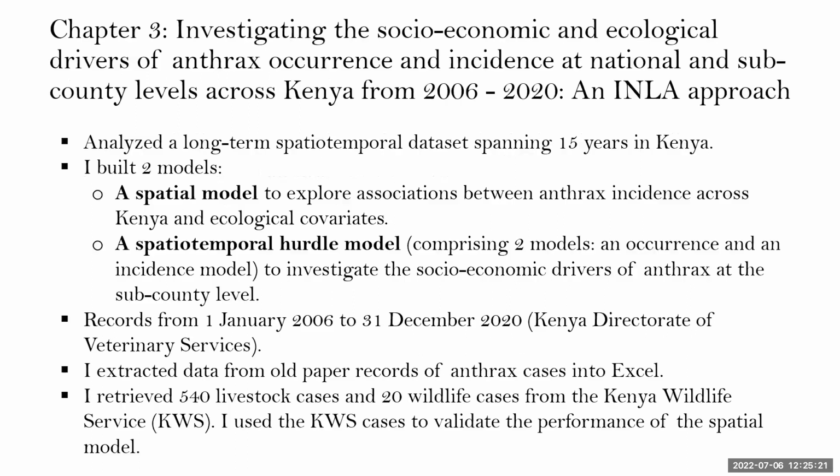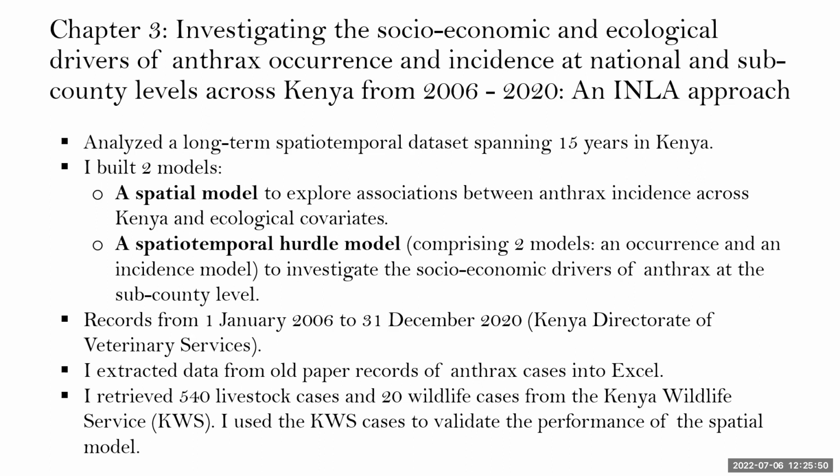So I analyzed the long-term spatial data set, a beautiful data set of livestock anthrax cases collected over 15 years in Kenya. And I built two models. So first, a spatial model to explore associations between anthrax incidents across Kenya and ecological covariates, then a spatial-temporal hurdle model, comprising two models, an occurrence and incidence model, to investigate the socioeconomic drivers of anthrax occurrence and